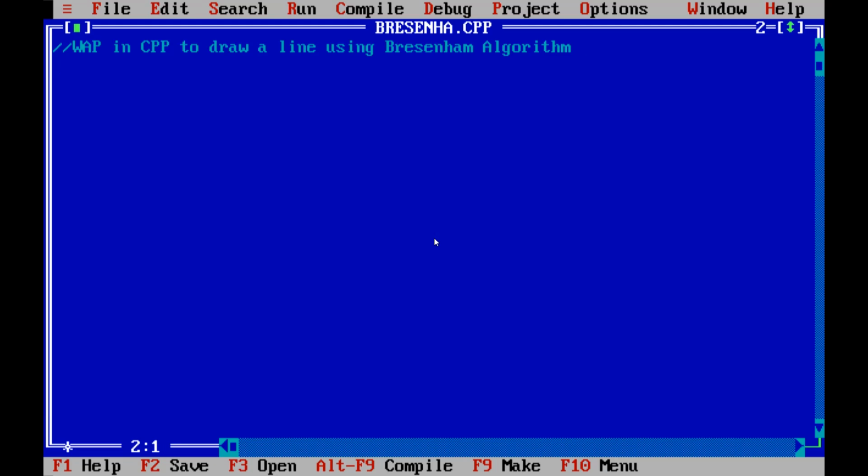Okay, now let's start the program. In the program, first of all, we have to include our header files. First, #include iostream.h.